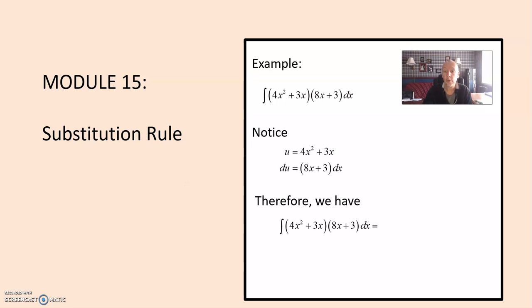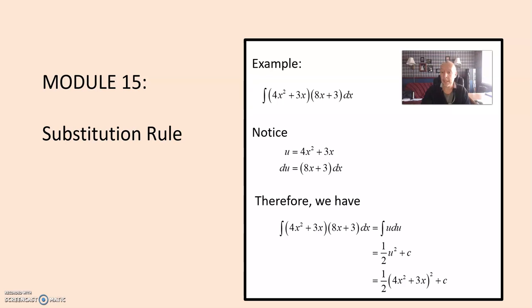So therefore, with our integral, we'll substitute. The 4x squared plus 3x will become u, and the 8x plus 3, its derivative with respect to x, will become our du. And we'll integrate this new function. Now the indefinite integral of u, using our power rule, the exponent becomes 2, and then don't forget to divide by 2 or multiply by 1/2, and also don't forget to add your constant for the indefinite integral. So we have the expression 1/2 of u squared plus c.